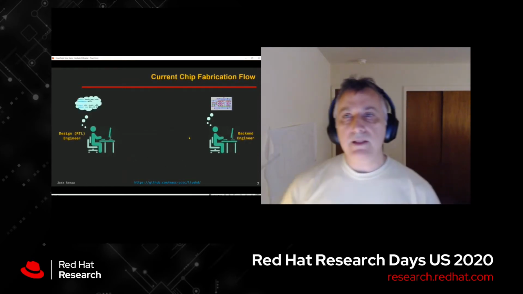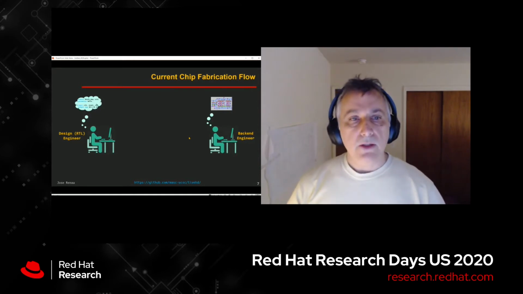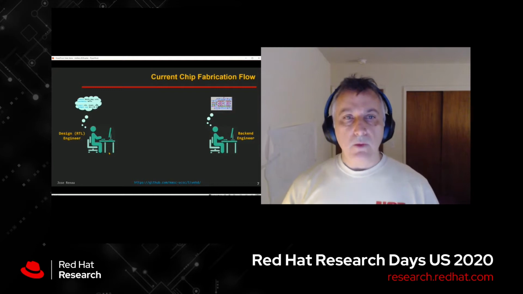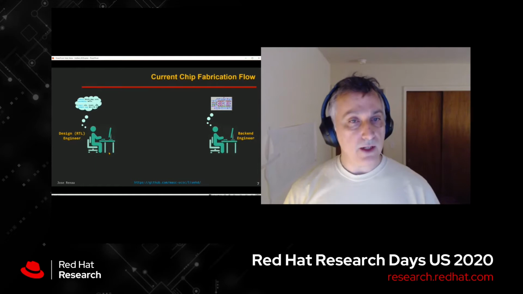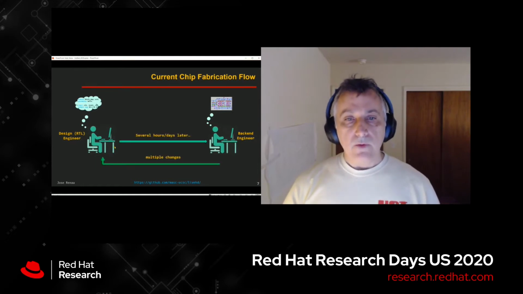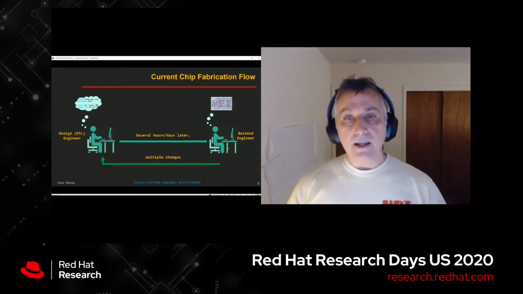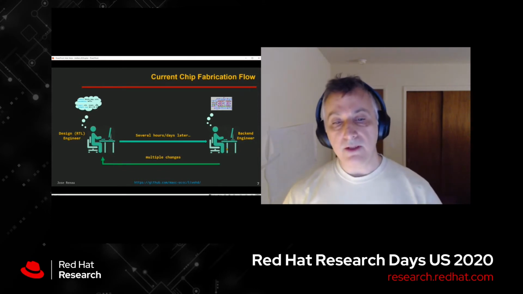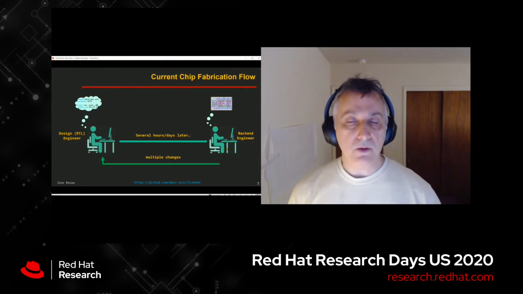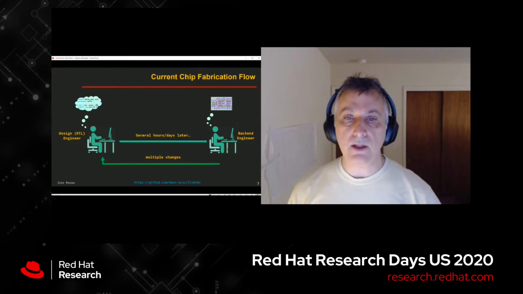Now, how is the current chip fabrication flow, because of those very slow times? Typically you have an RTL designer who works programming in a language like Verilog to specify the design. And from time to time, they will commit to a repository. Then a few hours or days later, a backend engineer will load this design, because it has make clean. It will synthesize the design. It's very common to take 6 to 24 hours to do the backend because it starts from scratch.